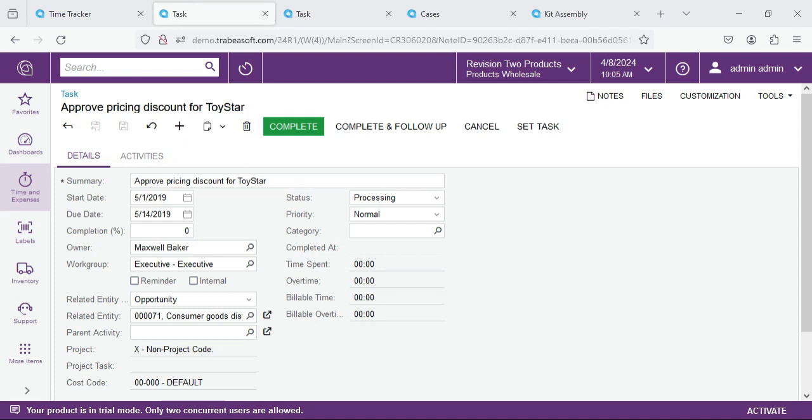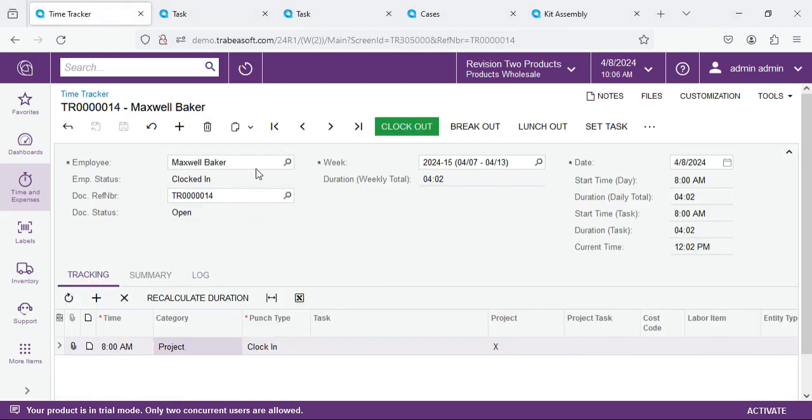Hi everyone, I just wanted to quickly share a brand new feature we've added to the time tracker for Acumatica. We're on the task screen in Acumatica now, and we've added the set task action directly to this screen. Formerly, if you've seen some of the videos with our time tracker, the set task would